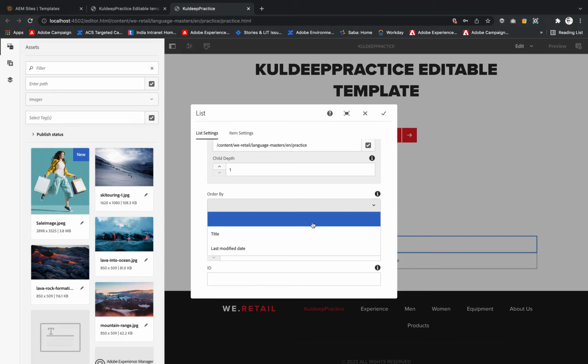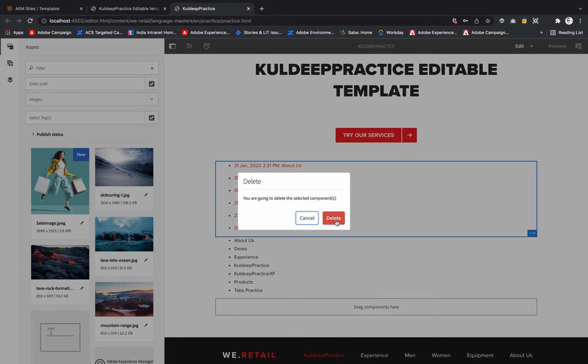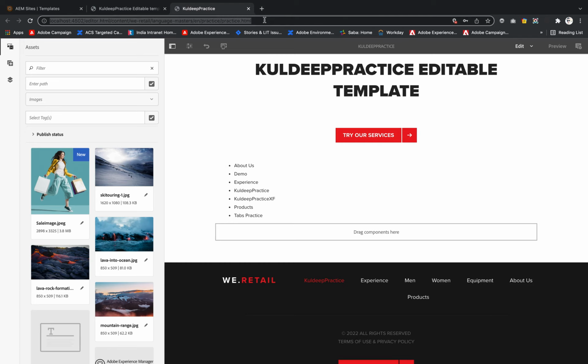I'm ordering by title, ascending, and hit OK. I have picked some wrong attributes, so due to that I think it is not showing. Now if I refresh the page,